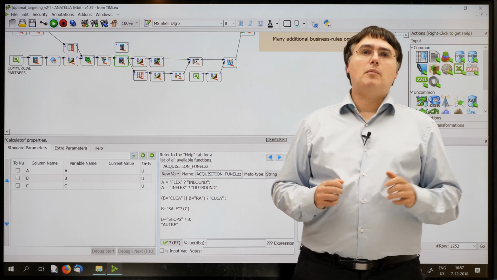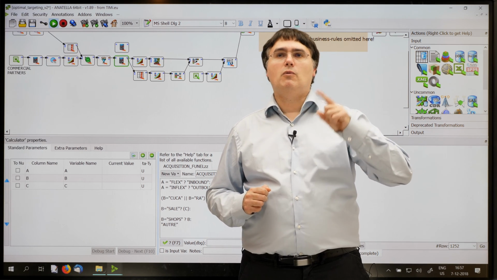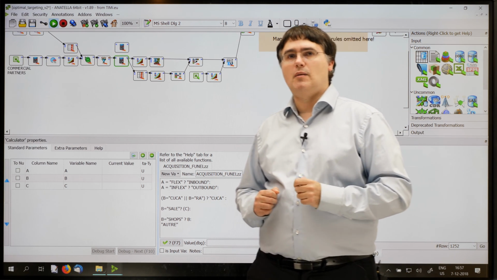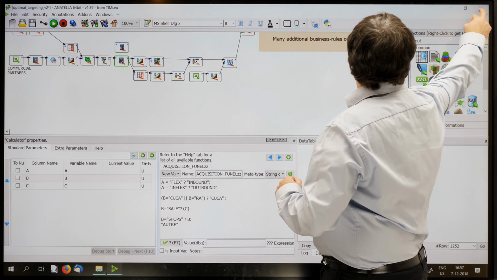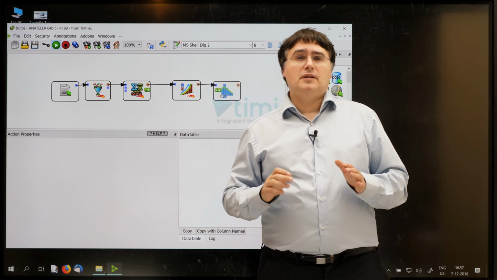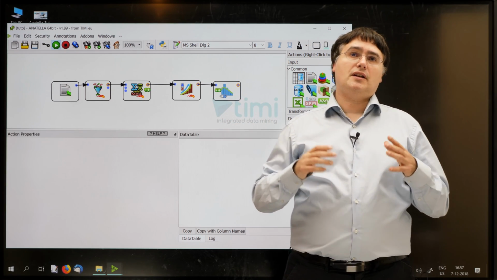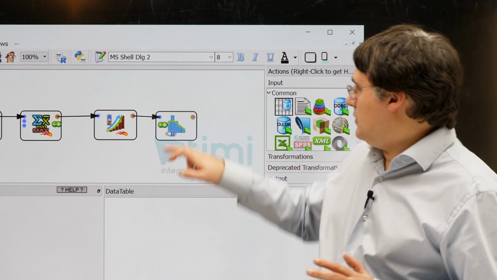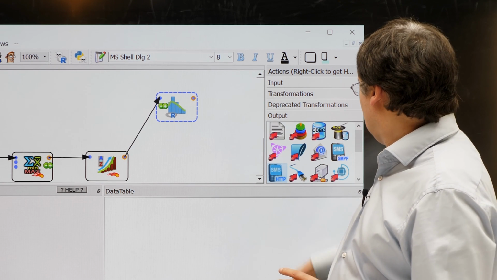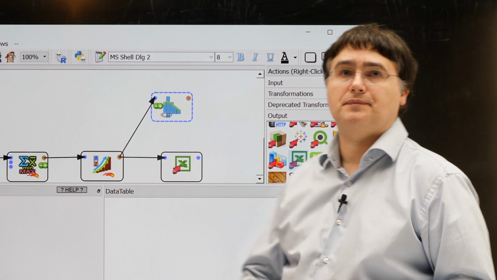Let's now resume the training about the advanced cache mechanism included inside Anatella. Let's illustrate one more time how the cache mechanism works with an additional small example. Let's go back to our initial data transformation graph, this one. Let's say that I want to save my results here, not inside a histogram, but inside an Excel file. So I put aside this histogram, I go to output, and I take the Excel file just here.